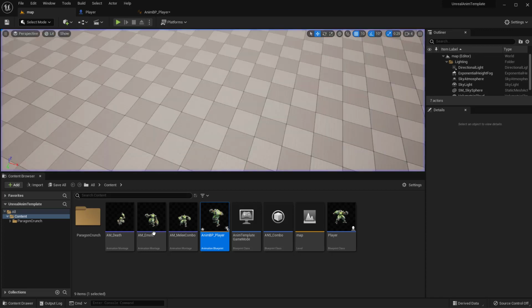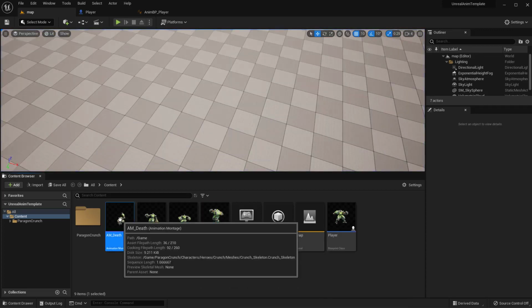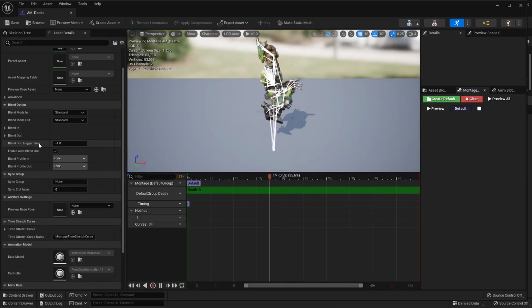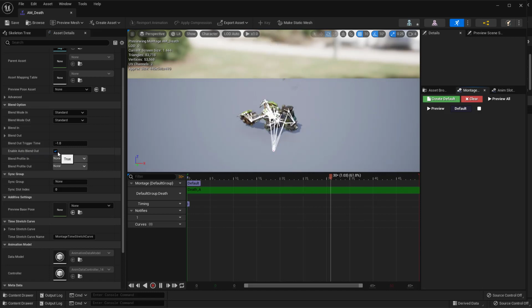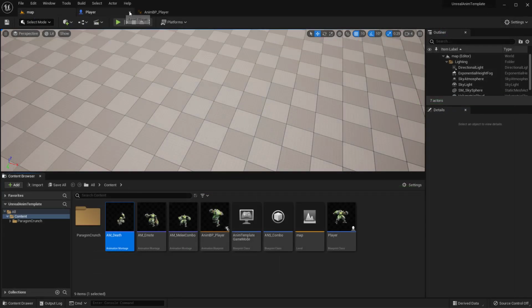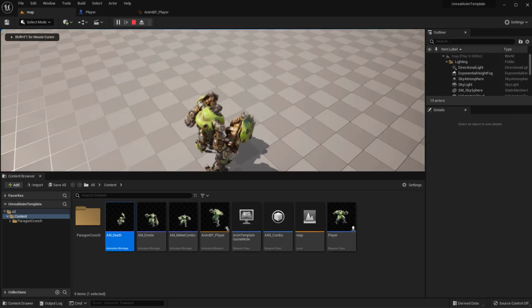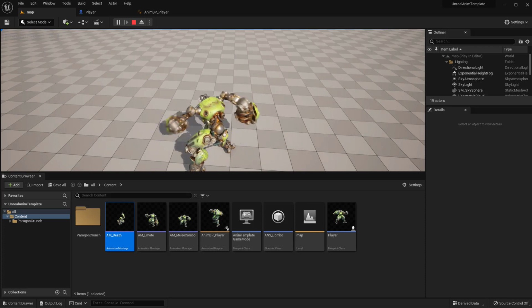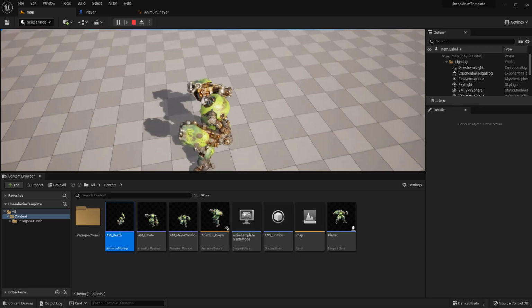We can prevent that from happening by going to the AM death, and then you can look for the blending, and there's an automatic blend out. Check that off, and that will prevent it from blending out. Okay, now if we play again and hit the K button, you can see how we're dead and we never go back. Left click, oh, still goes back to the